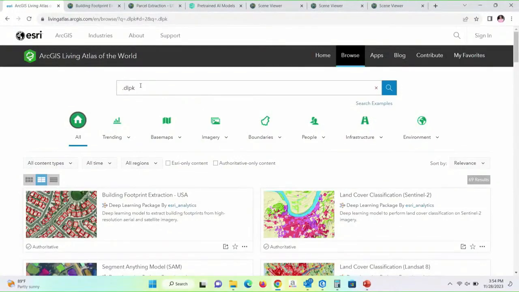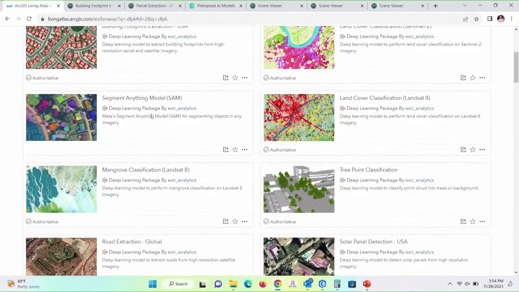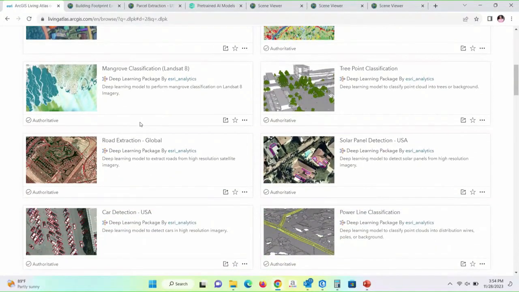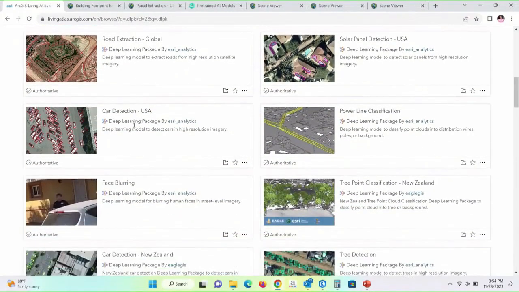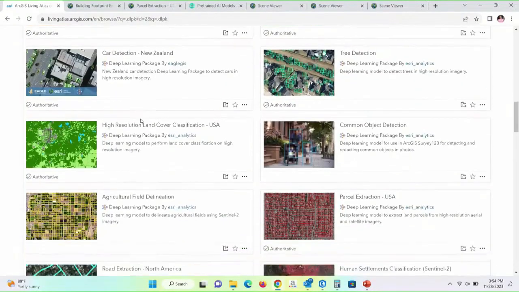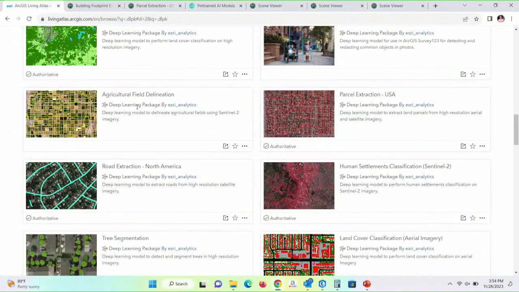You can just type DLPK and it will list all the available models. You can see building footprints, land cover, mangrove classification, road extraction, car detection, land cover classifications, and agriculture fields.